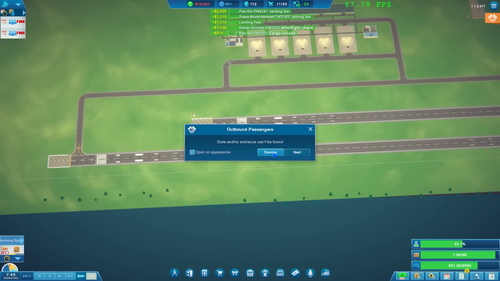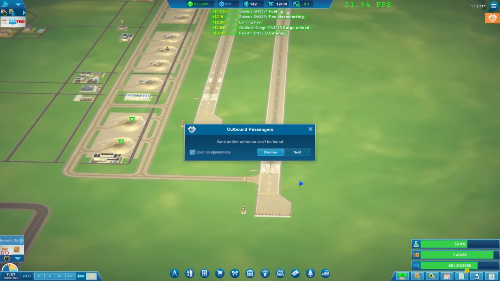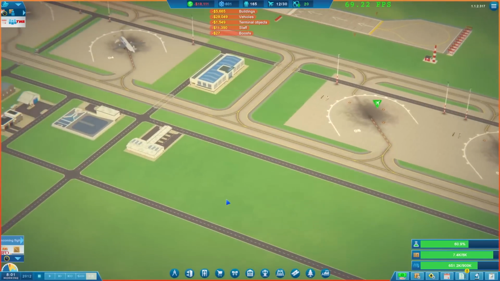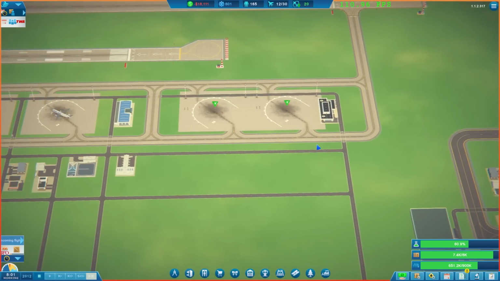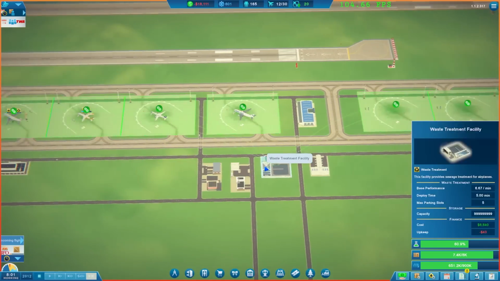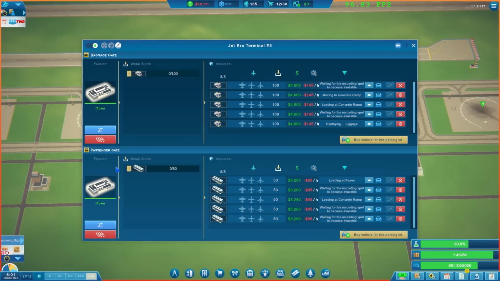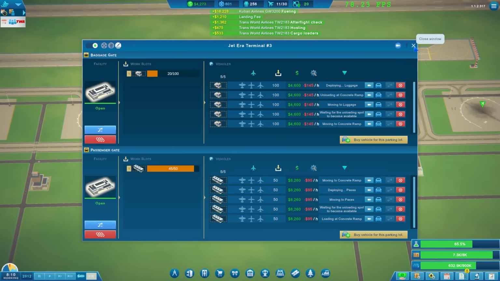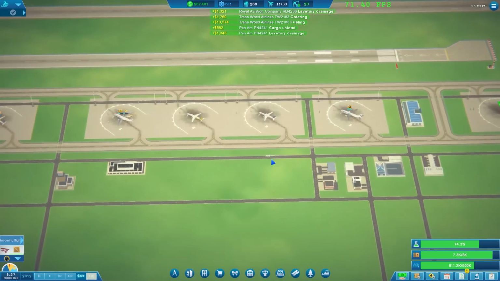Oh, outbound passengers. Right, I'll have to change that runway. Outbound passengers. Right, which one's this then? Is it to do with... We've got the jet era terminal doing these two. I've got this one doing these four. Is it a case of... I don't have enough capacity to supply all of those? Am I right in saying that? Because I don't quite get...